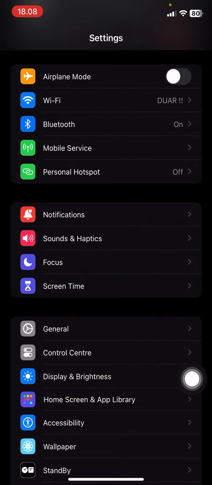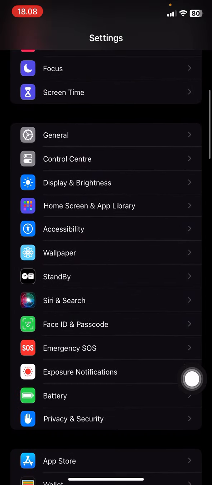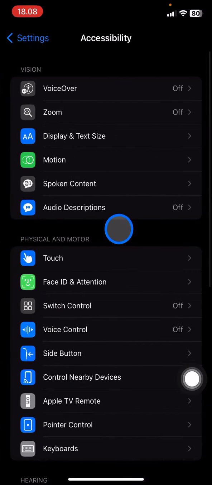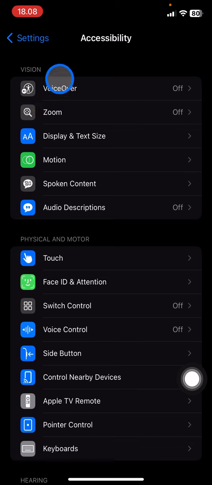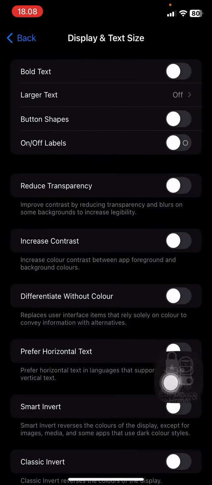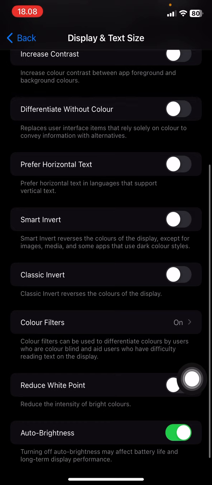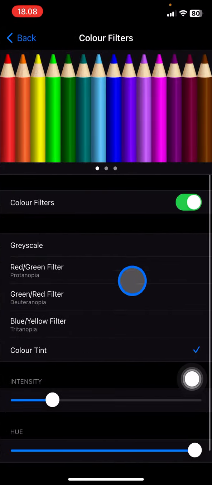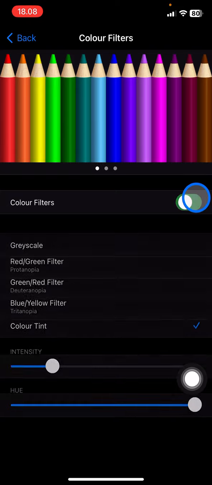Go up to your settings, and then you just need to scroll all the way down until you get to Accessibility, and then you just need to tap it. The next thing, you just need to tap or focus on Vision and just tap into Display and Text Size. Next, you just need to scroll all the way down again until you get to Color Filters. And this Color Filters, just tap it and you just need to turn off Color Filters, and now